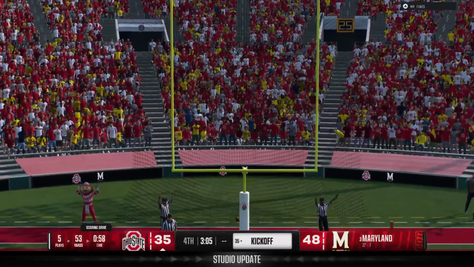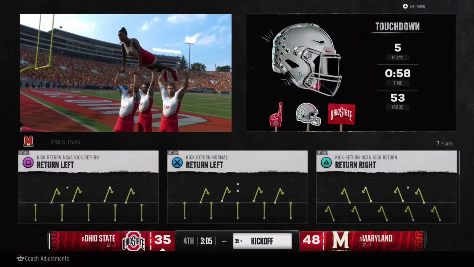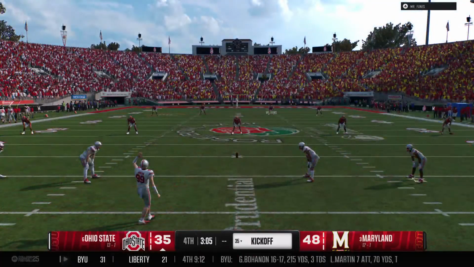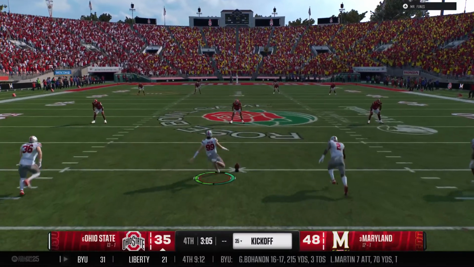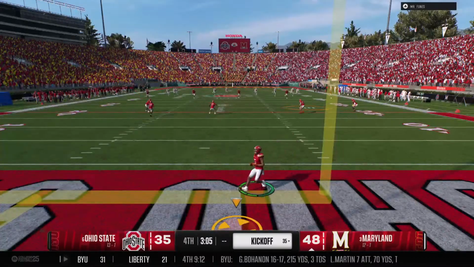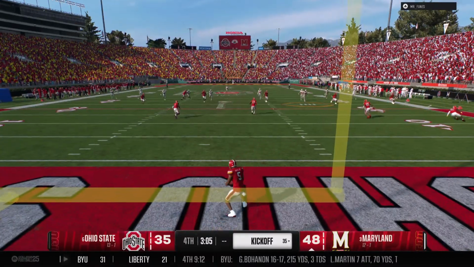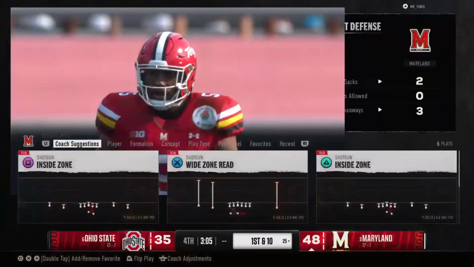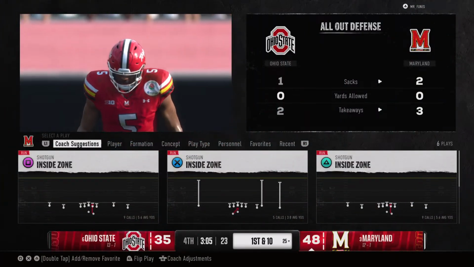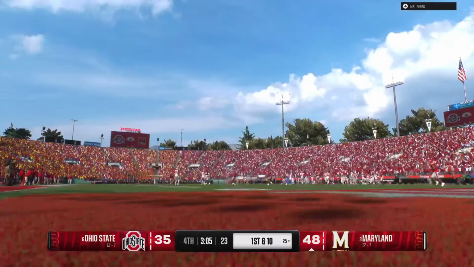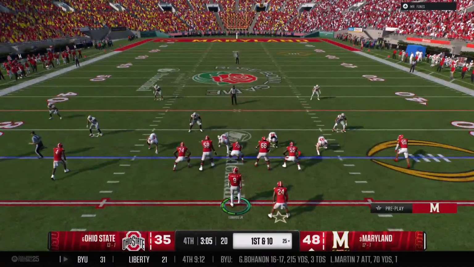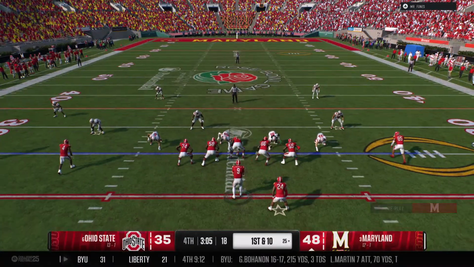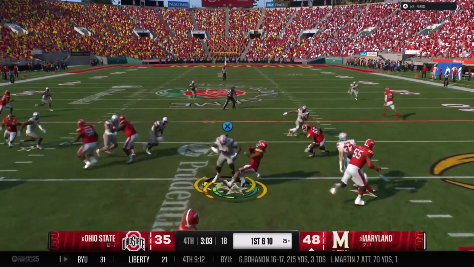And the point after is right down the middle. Kickoff teams come on the field now to send this one away. And the return man decides to signal fair catch. Here comes the Maryland offense back on the field. This drive is important. Last one ended in an interception. Let's see if they can get it going here.